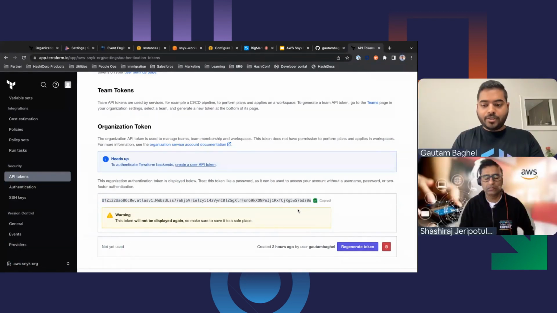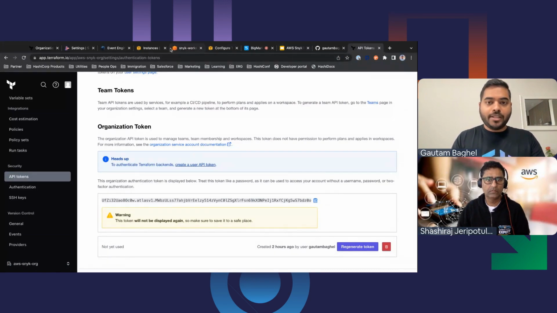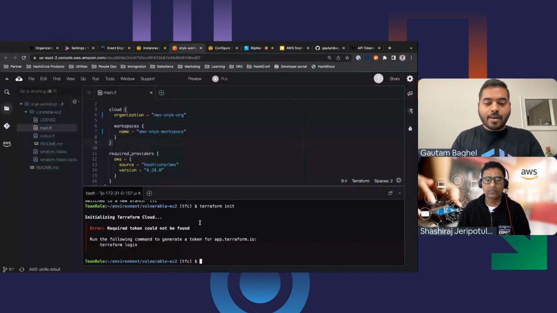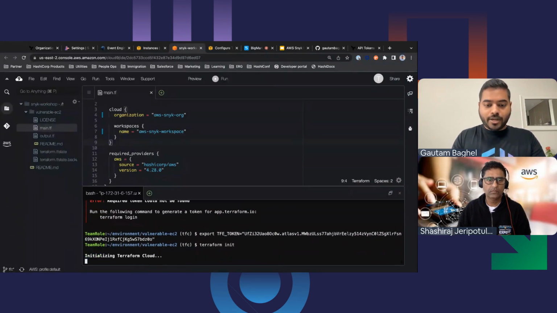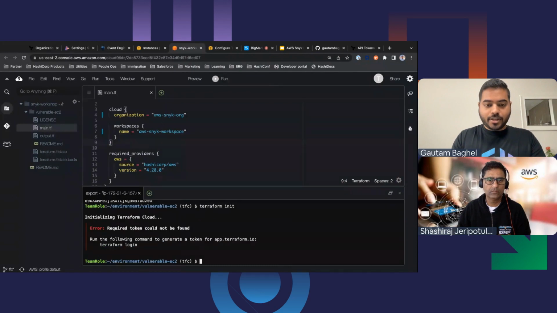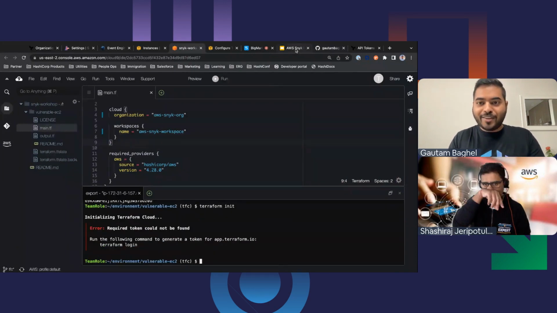So I'll copy this token, and the workshop kind of shows you how you can apply this token as an environment variable. So I'll do export TFE token equals. Hopefully, now that I do terraform init, oh, no, not the right environment variable.